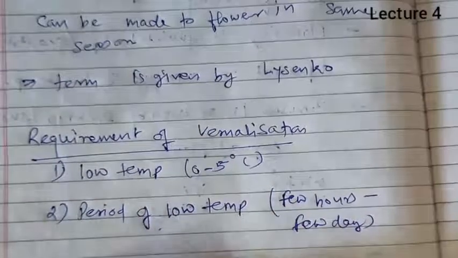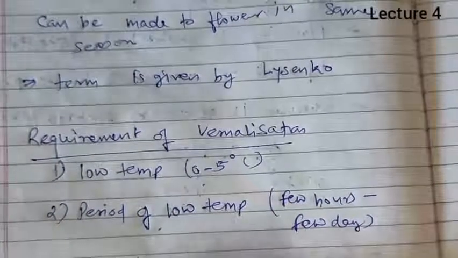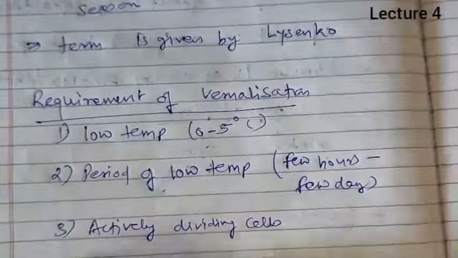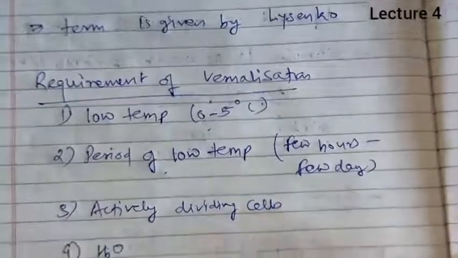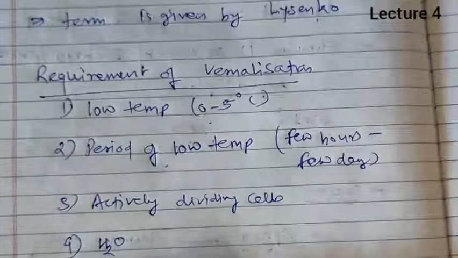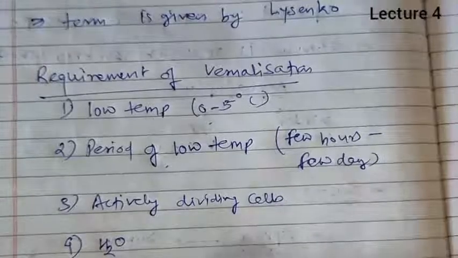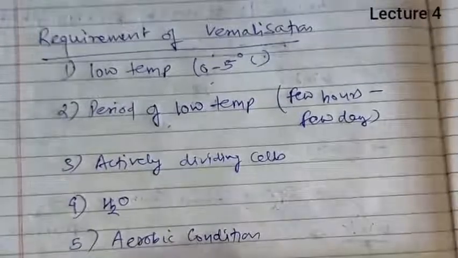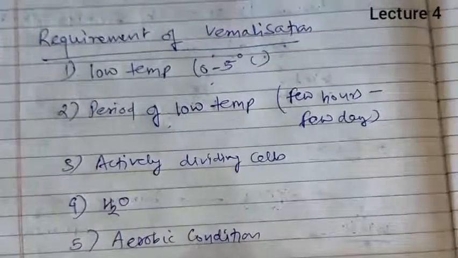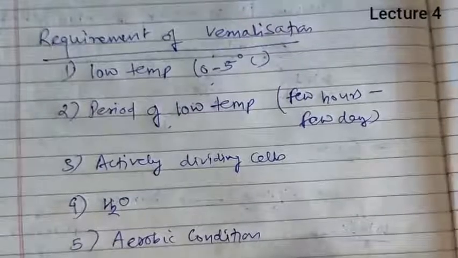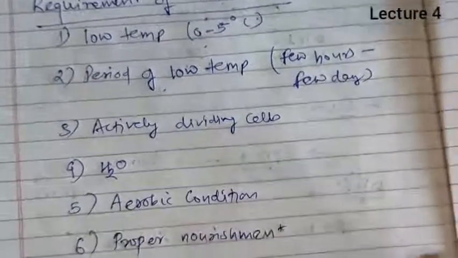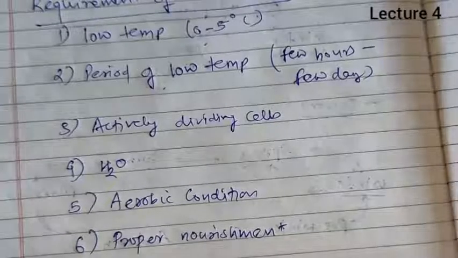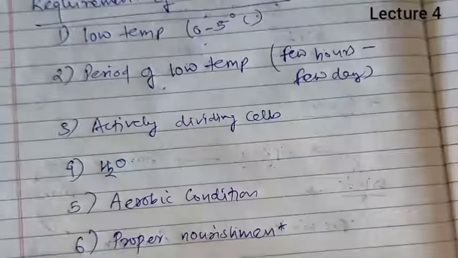Third, we require actively dividing cells. Fourth, water is required. Fifth, aerobic conditions are required. The sixth requirement is proper nourishment. And in this process of low temperature treatment a hypothetical hormone is produced,